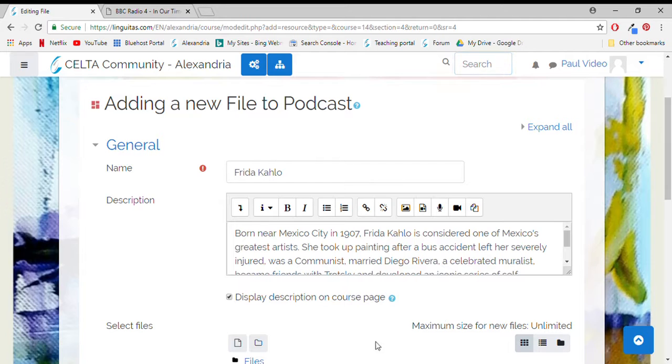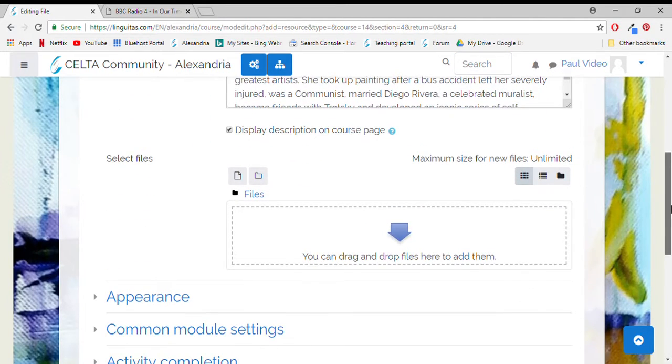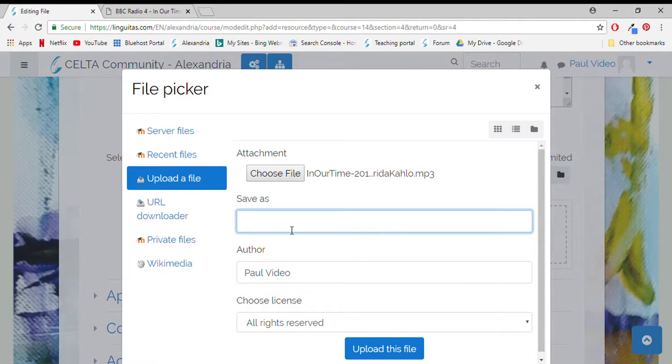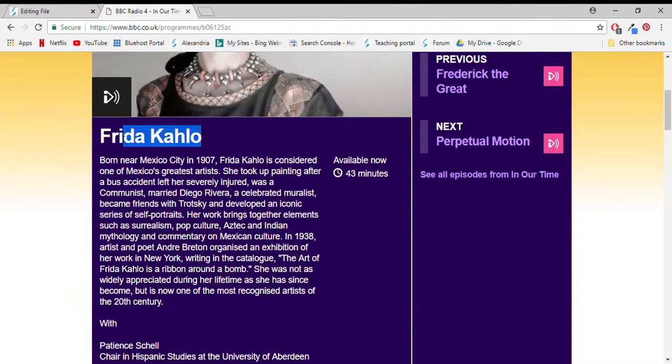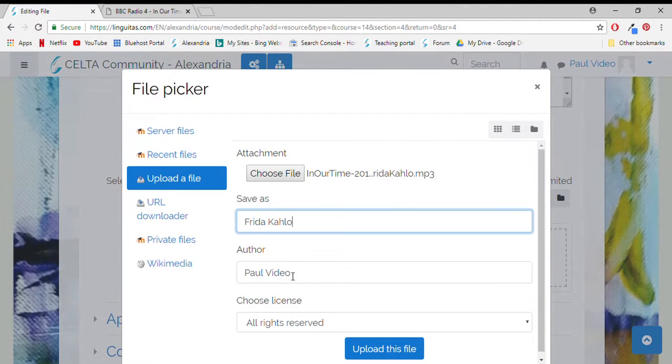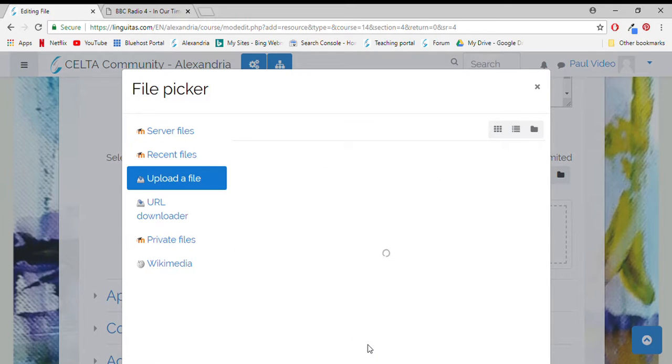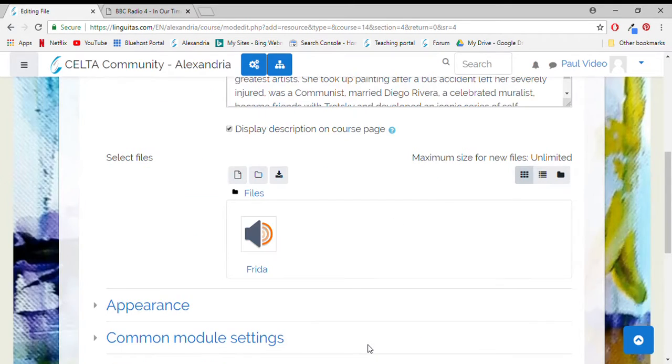We display, and then we go to the file. As you can see, you can drag and drop, but there is actually an upload function, so we can just click on that, choose a file. It's In Our Time, Frida Kahlo. Save as. Well, let's put her name in there. It's the BBC. And we upload this file. And there is the file